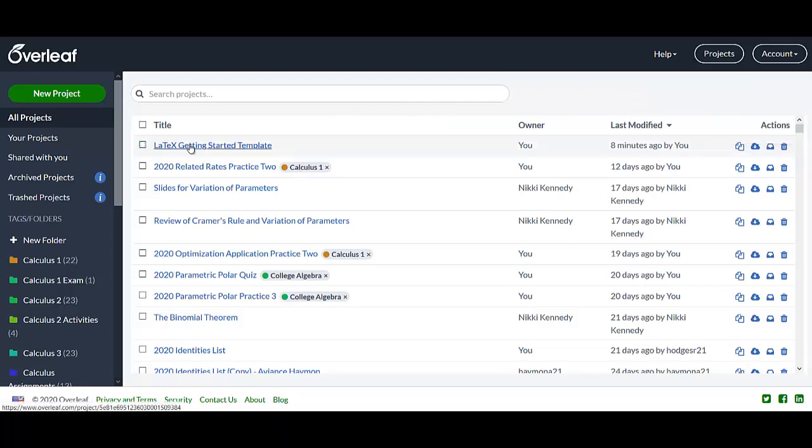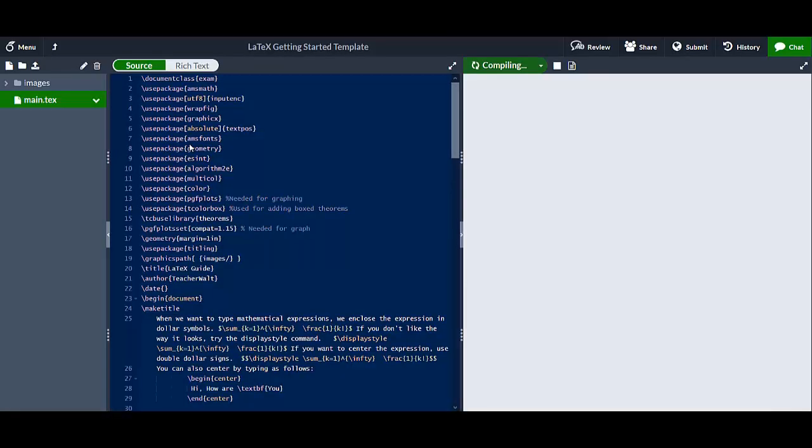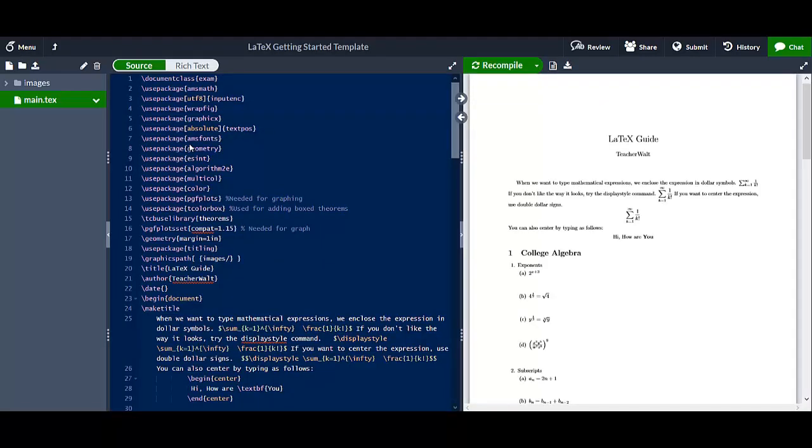But anyway, let me show you. Let's open it up and see what you would need to be able to do. So what I've done is I've prepared this template, and it shows just a lot of the common math stuff that you'll need to be able to do. And what I've included here are some of the packages that your documents will use. Now, you don't want to mess with any of this up here, any of this 1 through 24. Don't mess with any of that,